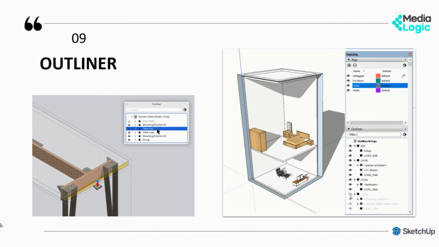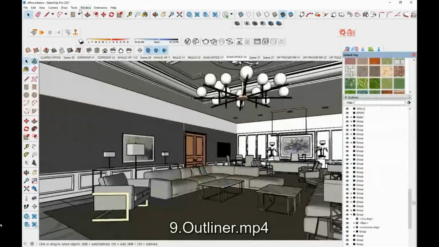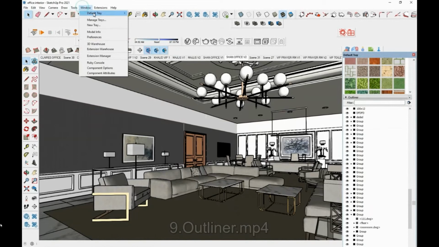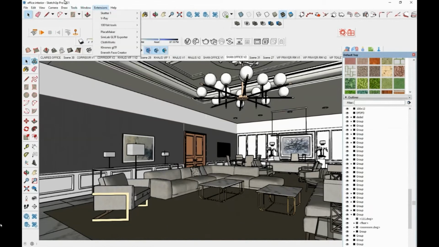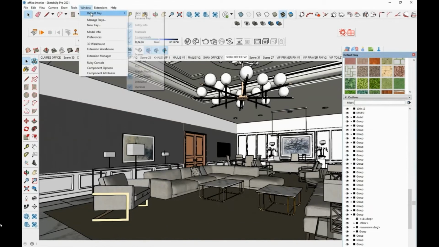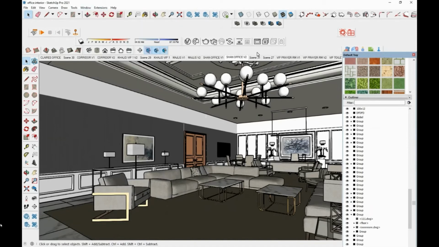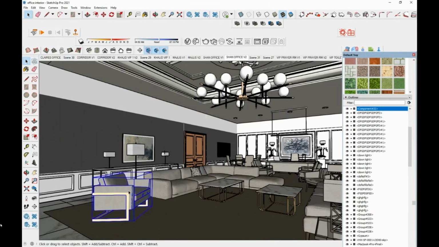Let's see how it works. To get this outliner window in the default tray, just check the outliner. So here the outliner is in the default window.